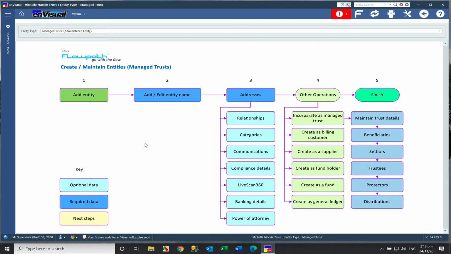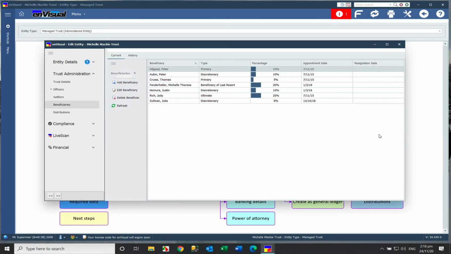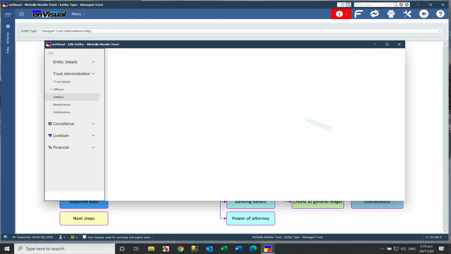So you can see down here, for example, I can click on my beneficiaries button here. See that turn into hyperlinks? Click that, and that'll take me into the relevant screen of the product to get to that data. Everything is obviously subject to security, but I've got quite a high level of security, all your settler details,